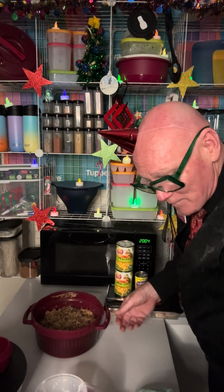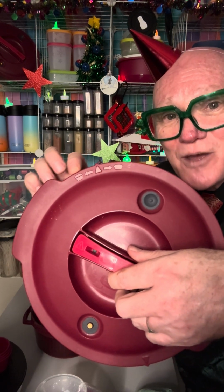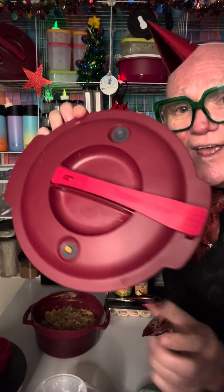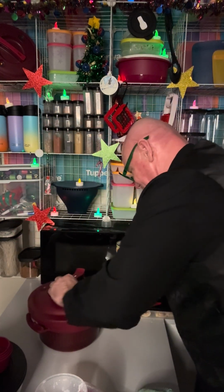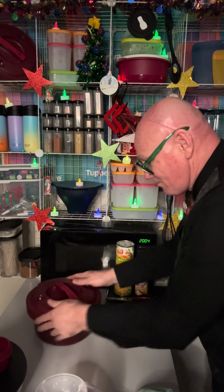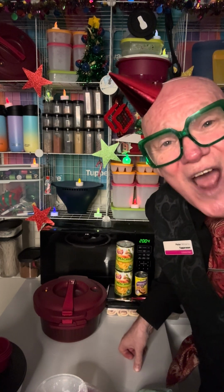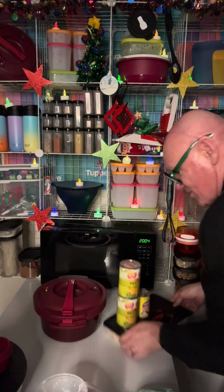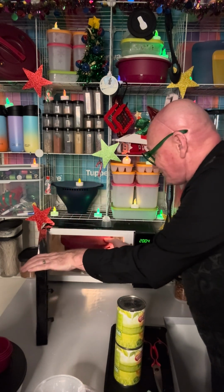Within reason. All you have to do is line up the arrow on the top. See how you turn the arrow that way to take the top off? You turn the arrow that way to pop the top on. You've got an arrow down here. You line that up with the arrows down the bottom. And instead of your oven being on for an hour and a half, we're going to pop this in for 25 minutes at 900 watts, all right? Let's move this out the way. We're going to pop this straight into here. While that's in there,